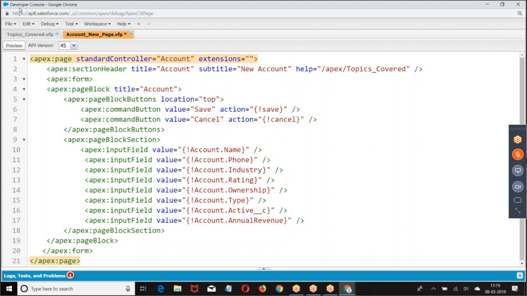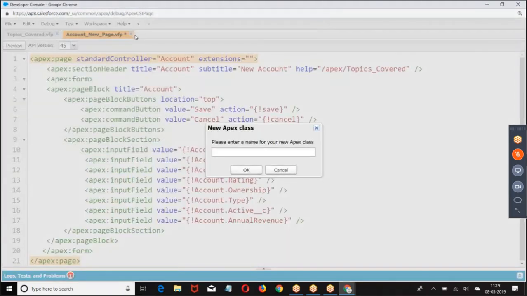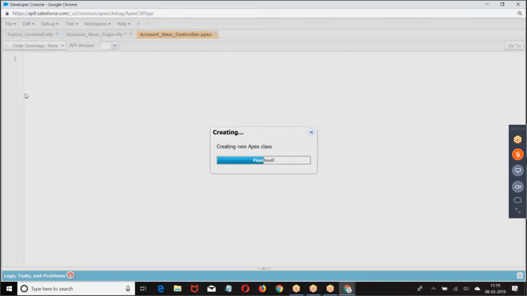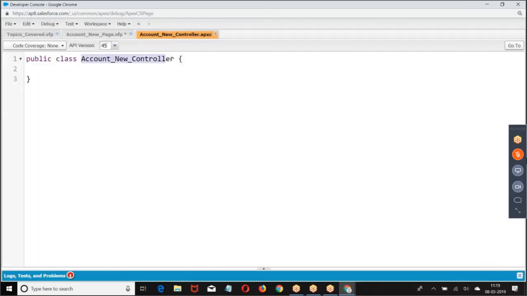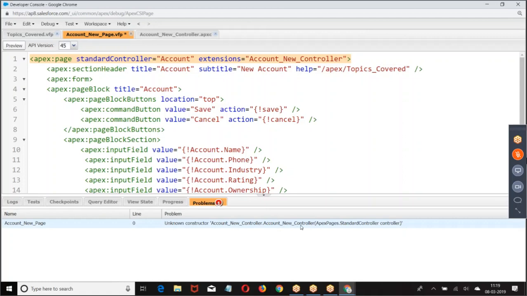But the point here is, if you want to define any Apex class as an extension, look at this, I gave it. When I save it, it throws an error message. Look at the error: Unknown account new controller, constructor is not defined. Why?